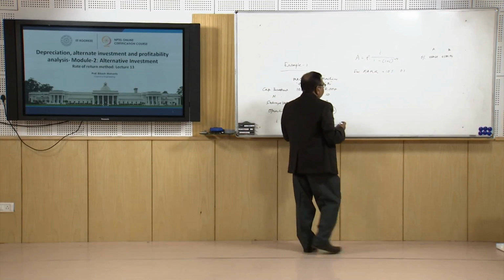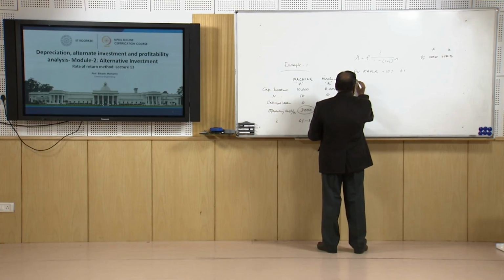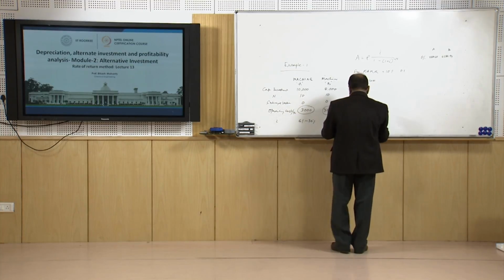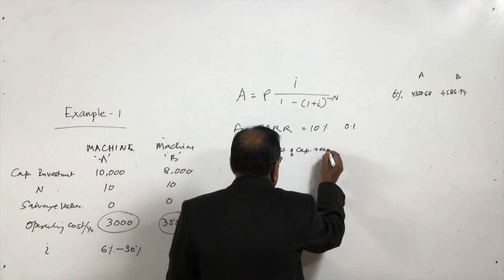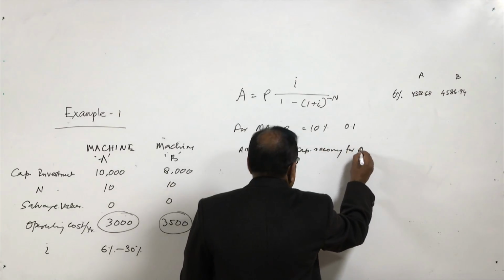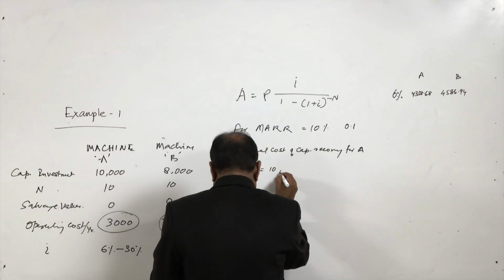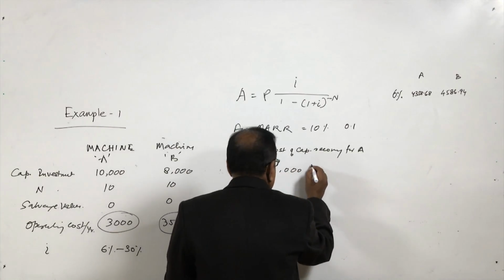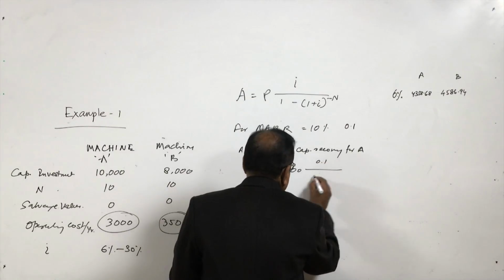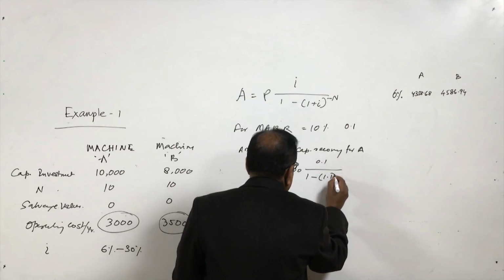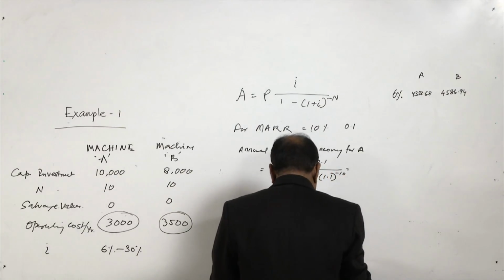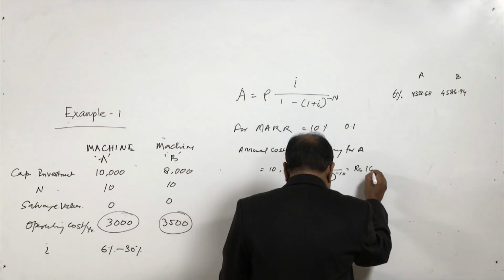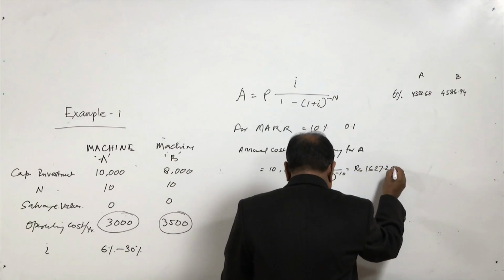So, for machine A, annual cost of capital recovery for A is equal to 10,000 into 0.1 divided by 1 minus 1.1 to the power minus 10, which comes out to be 1627.45,